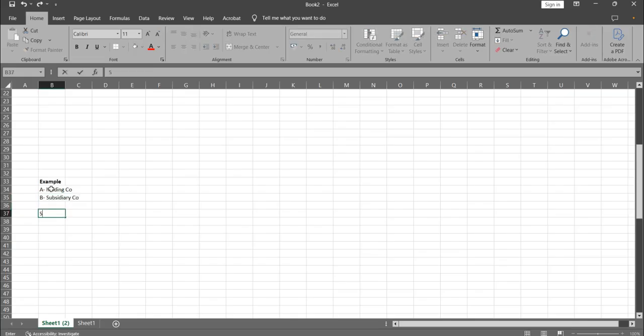So in the standalone books of entity A, what entries must entity A have passed to record the sublease? It must have booked finance lease receivable, and it must have derecognized the ROU asset. So if I say 10,000, finance lease receivable must have been debited and ROU asset credited with 10,000. Then in the books of entity B,